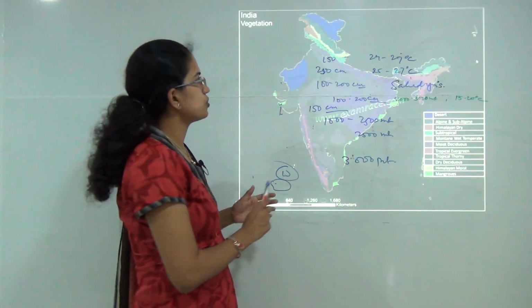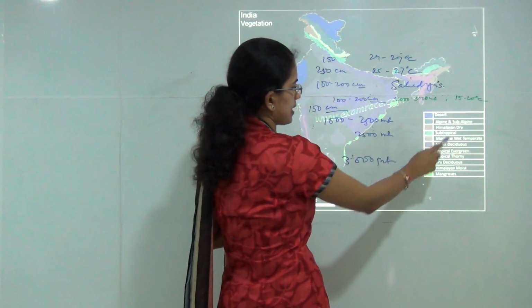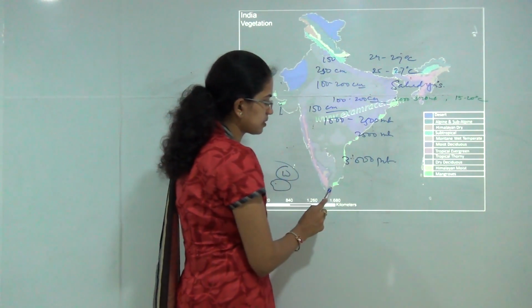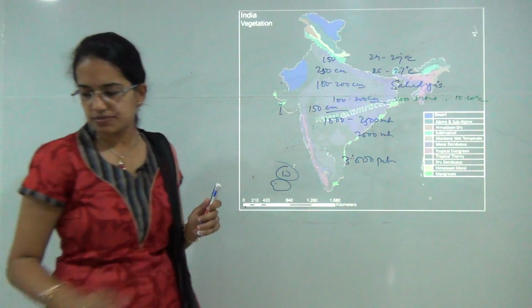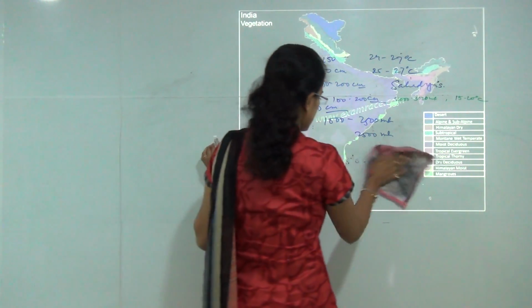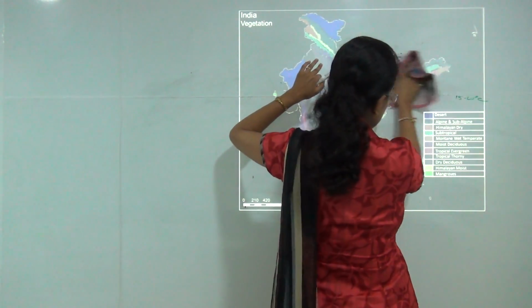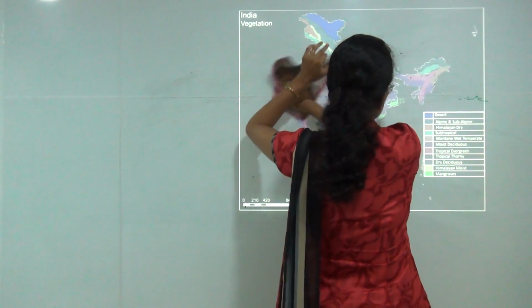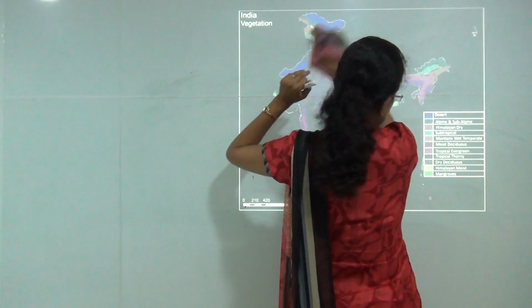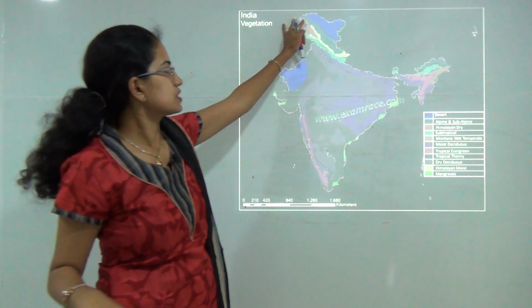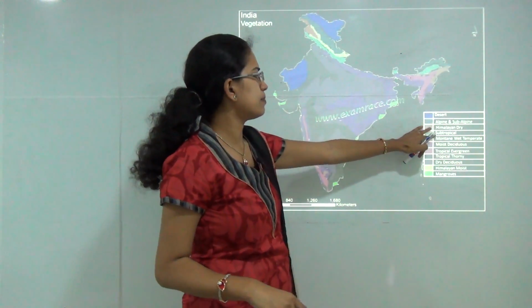Now the next is this diagram, which shows the various vegetation patterns that we have discussed so far. As you can see, you have spots of mangrove vegetation here, and this mangrove is found mainly in the tidal areas and the deltaic areas. You have most of North India under the influence of dry deciduous. In the northeast you have the wet evergreen forest, and towards the north you have the subalpine and the alpine